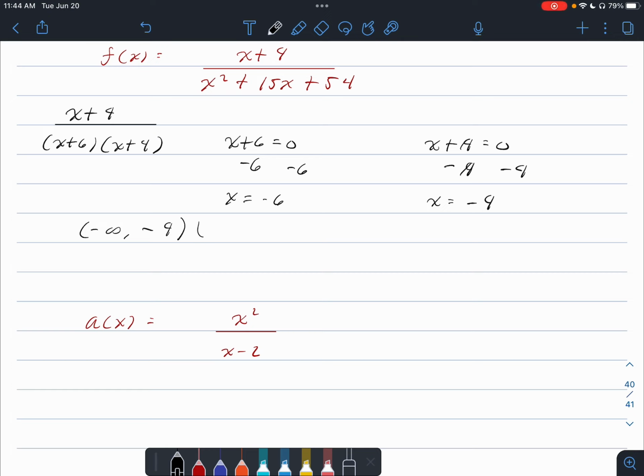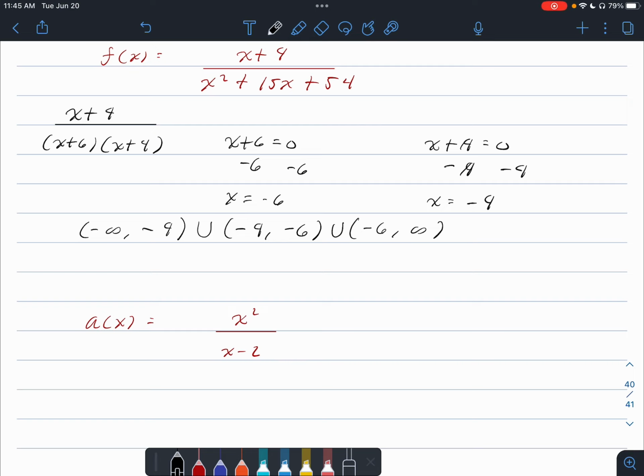Then we're going to union this with the interval from negative 9 to negative 6. Again, we're not including the point negative 9 or negative 6, but we're including every value in between those two. Then we're going to union that with negative 6 to infinity. And again, here we're not including the point negative 6. So this is really just a fancy way of saying all of the real numbers minus negative 9